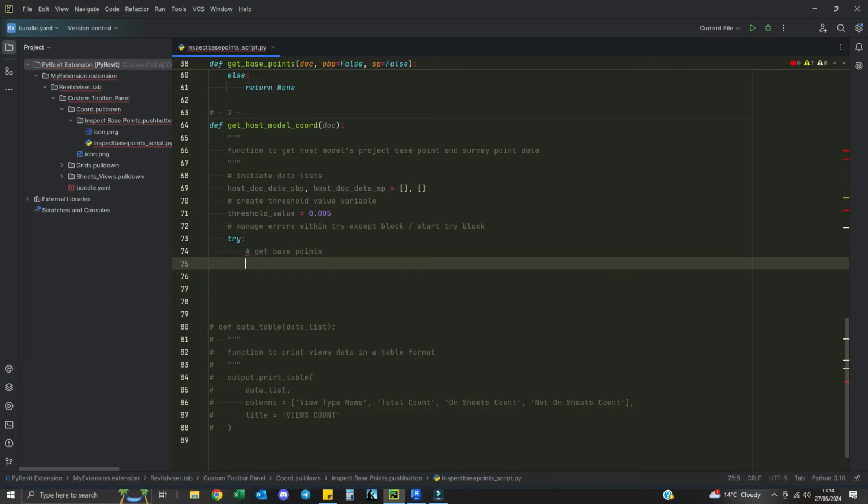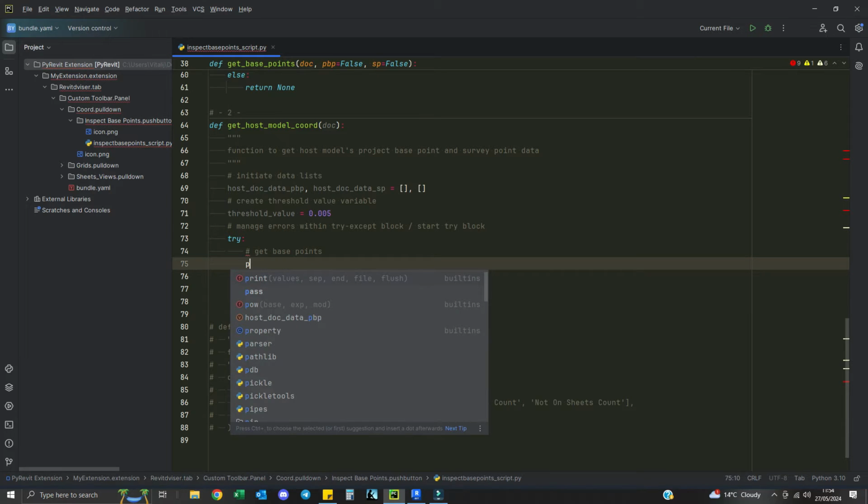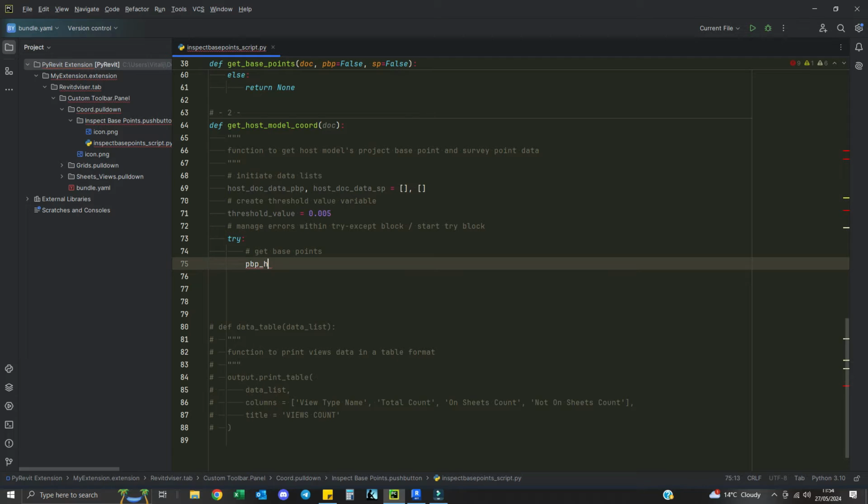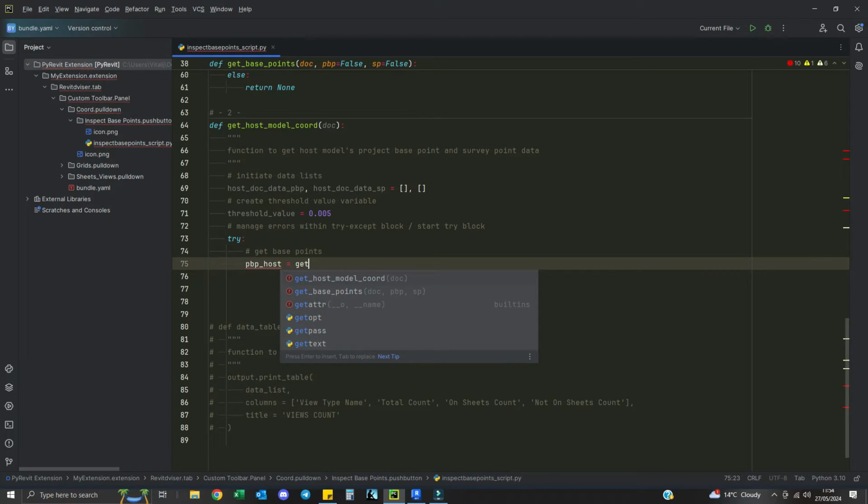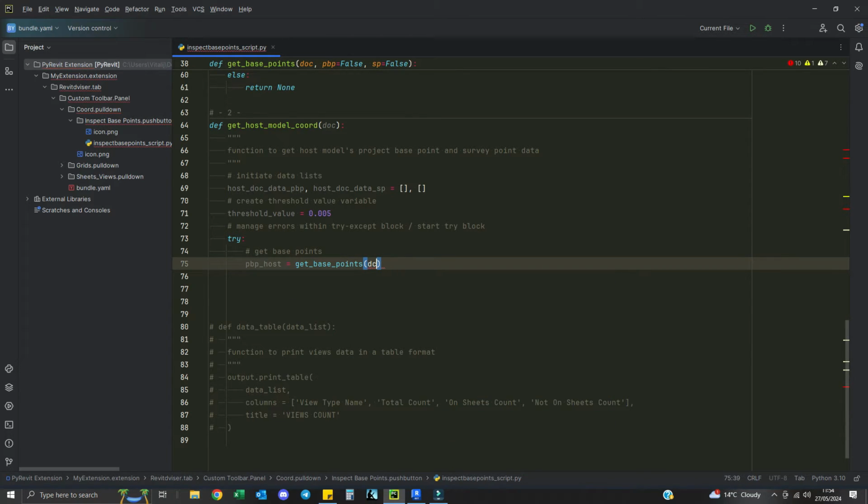So PBP host equals get base points doc, PBP equals true. And now we know that if we set PBP to true, then the function will return project base point element,